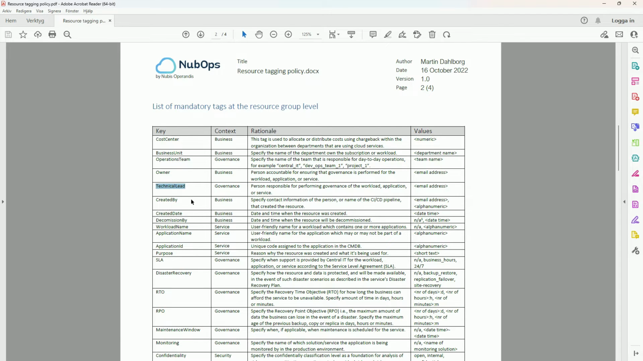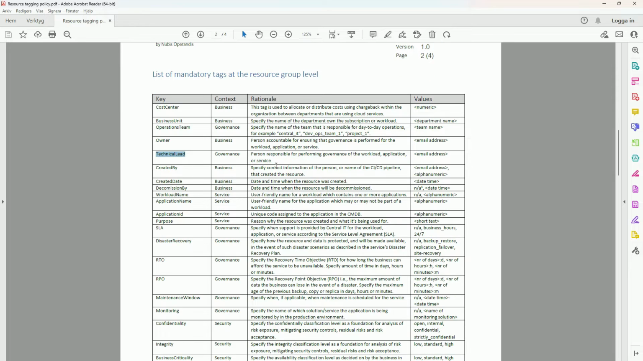And then we have created by. Now this information is usually also available in activity logs. It's possible, of course, to dig into and see who actually did the configuration, but this helps if someone wants to reach out to someone, if they notice maybe a recommendation in Defender, for example, or if they realize that there's been some kind of misconfiguration done,